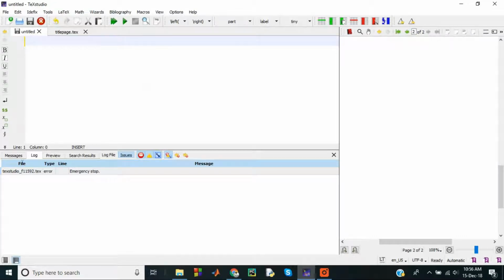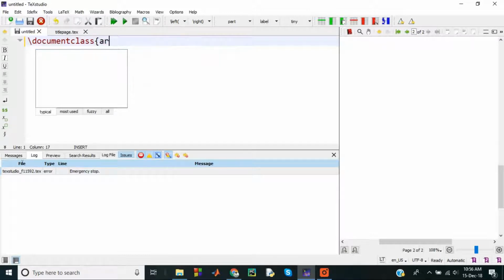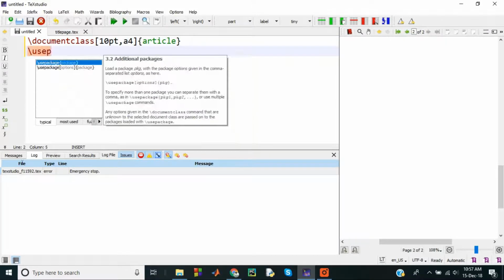Here's the TeXstudio editor, and first we'll start with the documentclass command. We'll specify the type of document that we want, for example, an article or a book or a report. You can also set the parameters, for example, the font size. I'll set the font size to 10 points, and the paper size, A4 or letter size or anything else. Then we can use packages